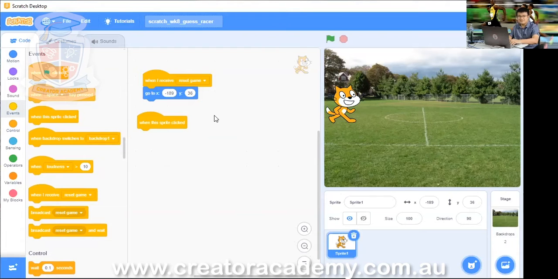I'm going to make it so that we start the game, we start the race. So when this sprite is clicked, we're going to broadcast another message. So here we have broadcast reset game, but we don't want to reset the game again when we click on him. We want to change the message to a new message. And this message is start race.